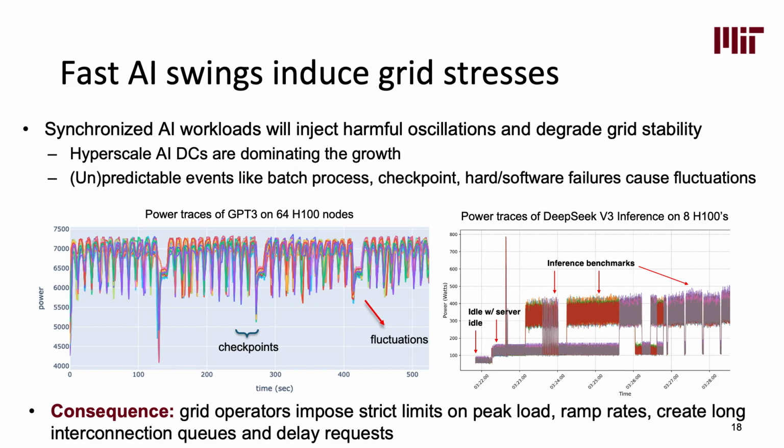In terms of the fast services, since it's still very preliminary research, I'll just show some simple ideas. During training, we already showed that there will be checkpointing and fast fluctuations from the parallel computing scheduling. In inference, we also see these fast rampings, and the consequence is we need to manage them on a much faster time scale. Because in this scenario, day-ahead planning is not going to be enough, since those are all happening at the seconds and even sub-second level. So we need faster solutions.